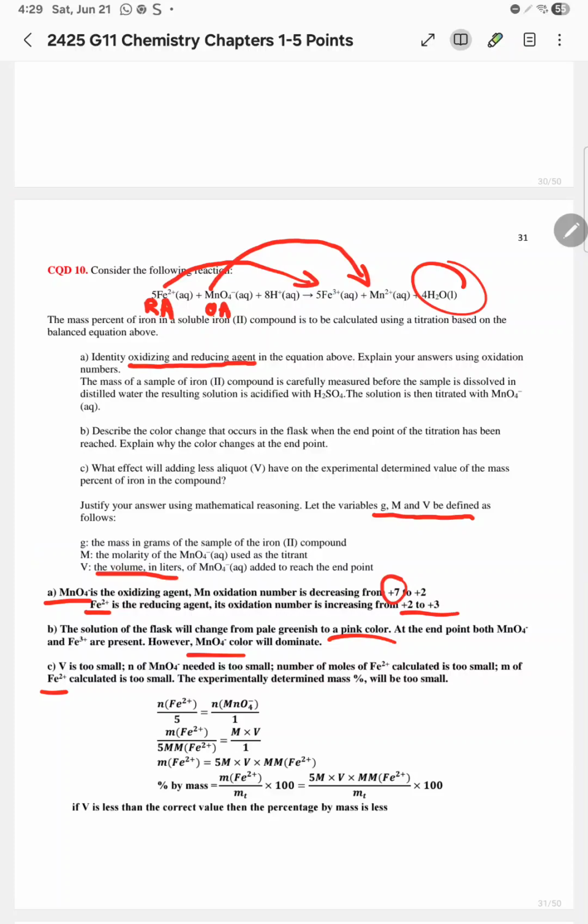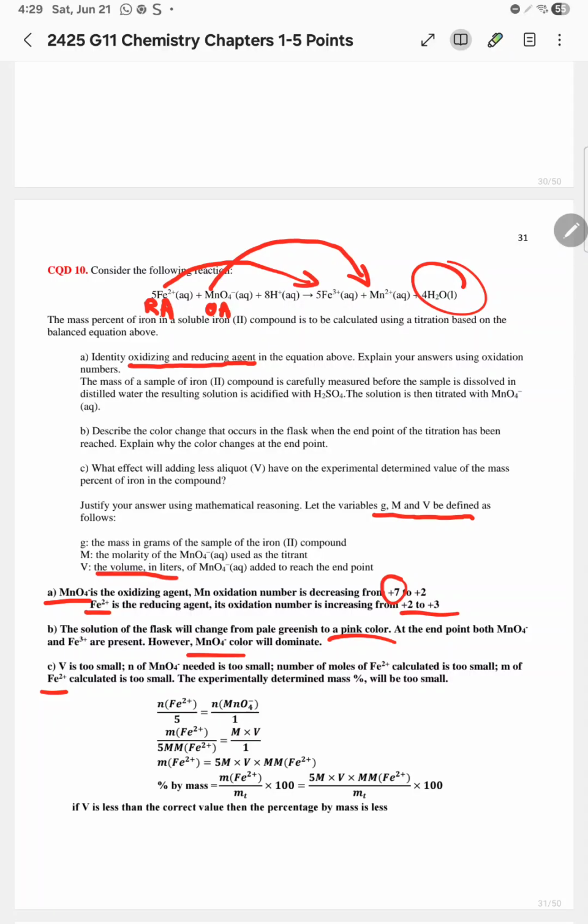So the moles of Fe2+, you need to divide them by 5, which is the coefficient, and for MnO4- you also need to divide by its coefficient to get it. And then if you divide it by the coefficient,